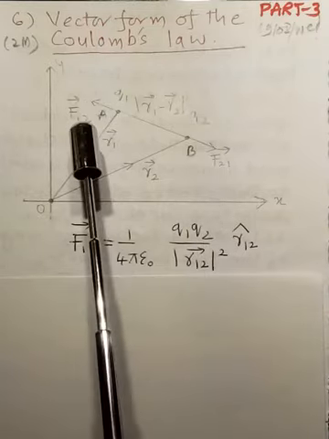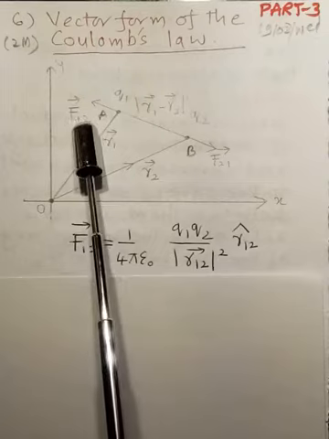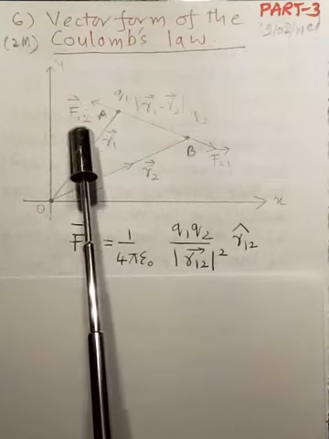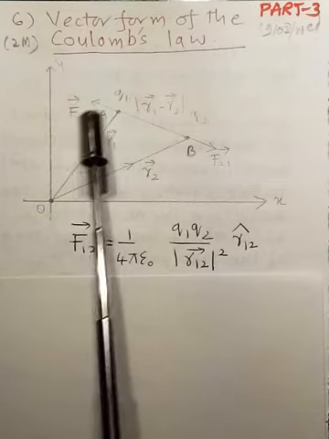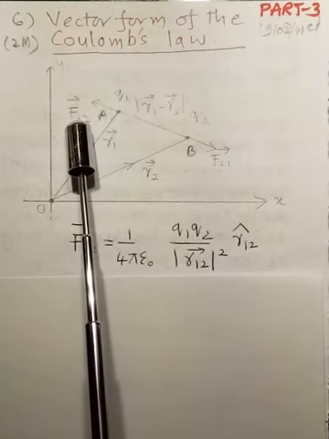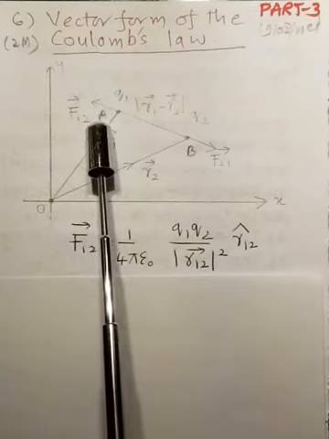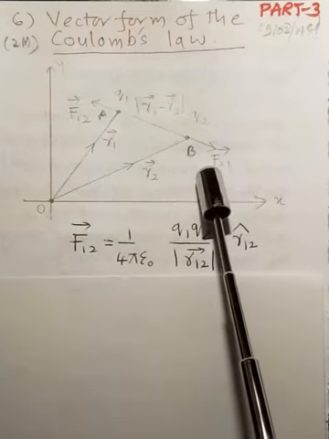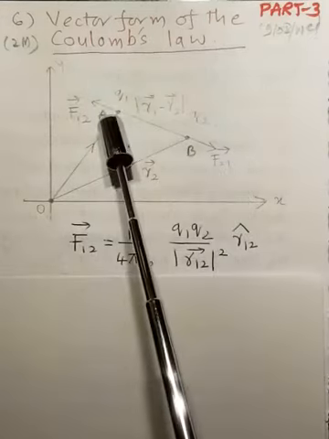Now this force is represented by F12. It is a vector quantity. It has magnitude and also direction. F12 means it is the force on the Q1 charge due to the second charge. Force on the first charge due to the second charge. Similarly, F21 represents the force on the second charge due to the first charge. In this diagram, you can notice that they are equal in magnitude but opposite in direction. This quantity we now have to write with vector notation.